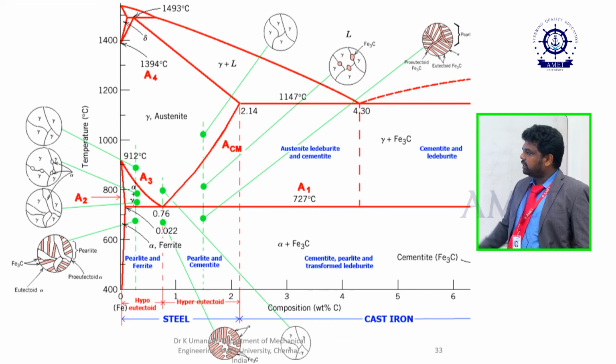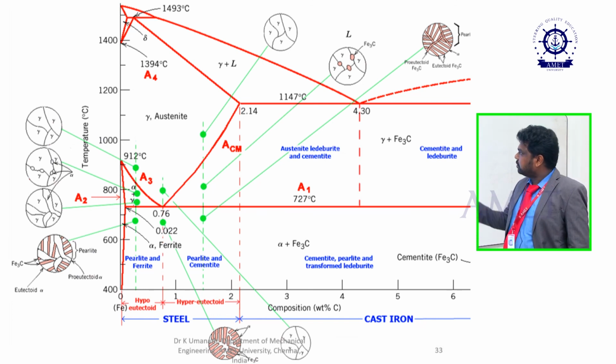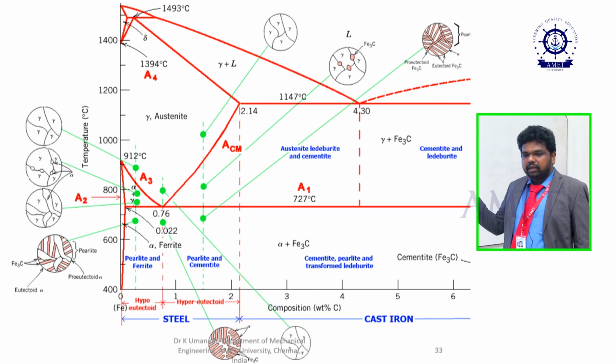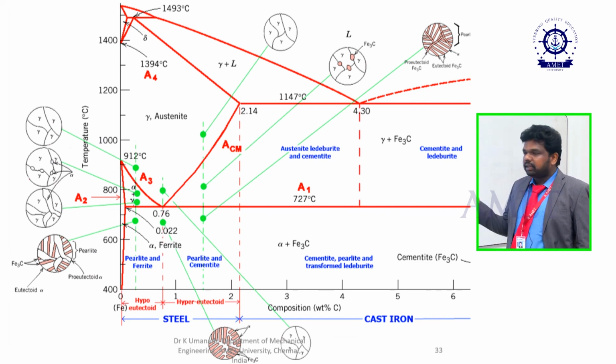Then if you go to a higher temperature, more than the A3 temperature, the grain structure should be changing. Before 723 degrees there is no grain structure formation. After 723 degrees centigrade, some grain structure changes occur. So it is all given in this figure. Where Fe3C is involved in the structure, you will get hard nature. If you have ferrite, if the alpha content is more, you will get ductile nature. So these are the microstructures I have shown in this figure to help in understanding the microstructure of the iron carbon diagram.